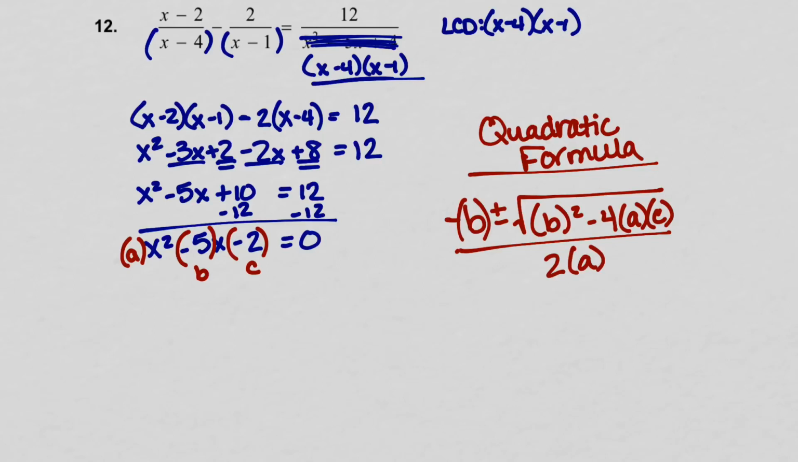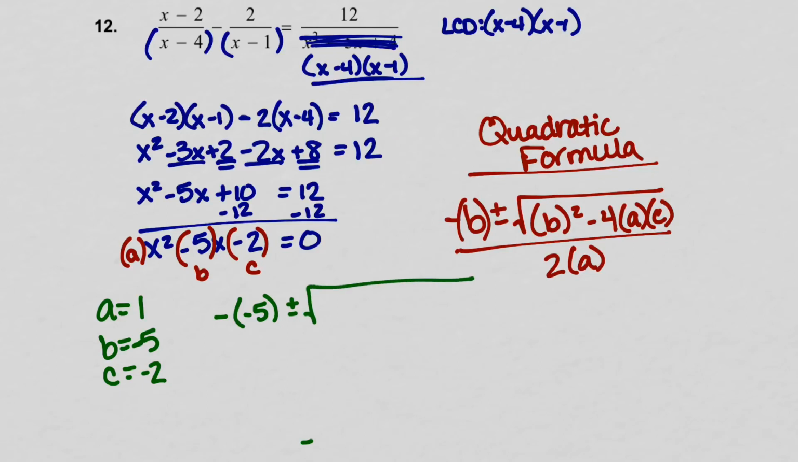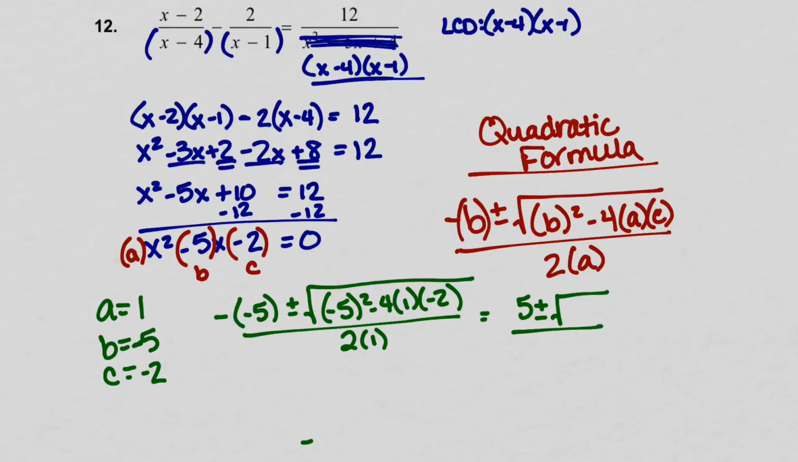All right, so I have that a equals 1, because remember, if nothing's in front, 1 is there. B is negative 5, and then c is negative 2. So I plug them in. I get negative 5 plus or minus the square root of negative 5 squared minus 4 times 1 times negative 2 all over 2 times 1. And then we simplify this. So a negative 5 is positive 5 plus or minus the square root, and I know the bottom's going to